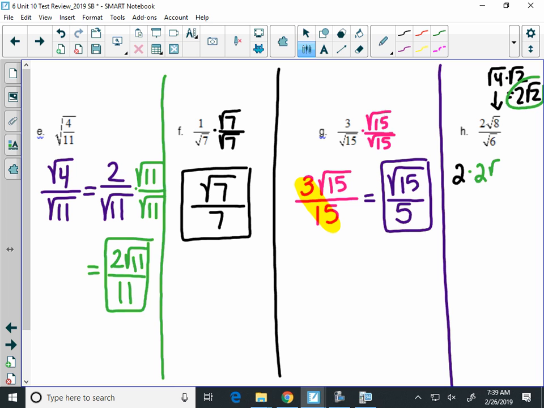the radical 8. And that is all over radical 6, and radical 6 does not simplify. Now let's take a minute here and simplify the numerator. 2 times 2 radical 2 is 4 radical 2